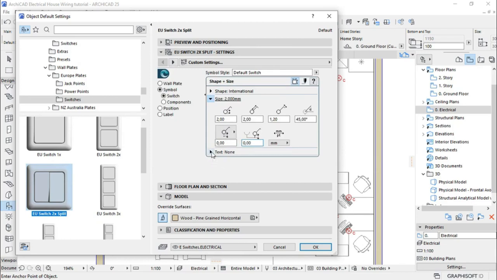If you go down to text, I think the text, we don't